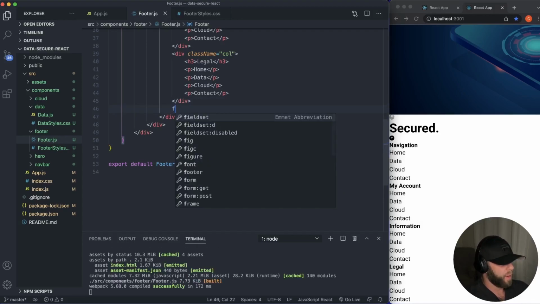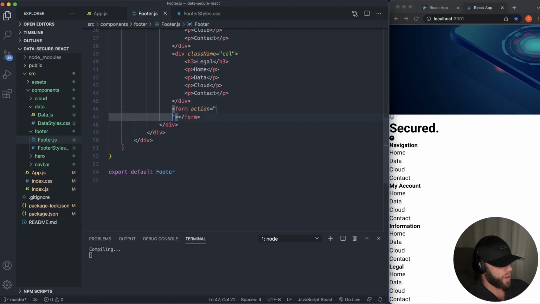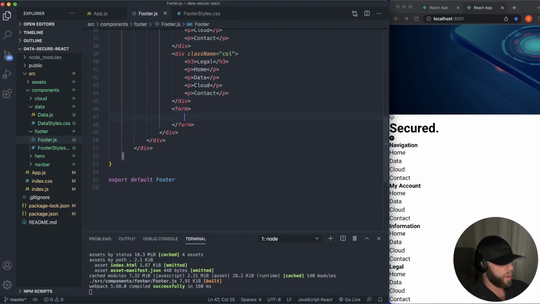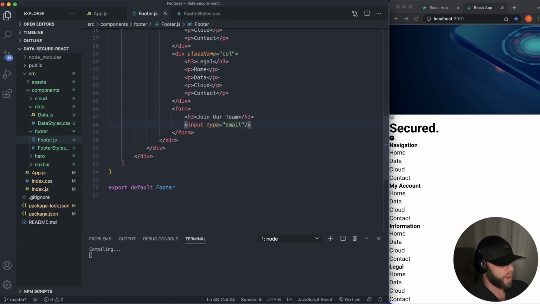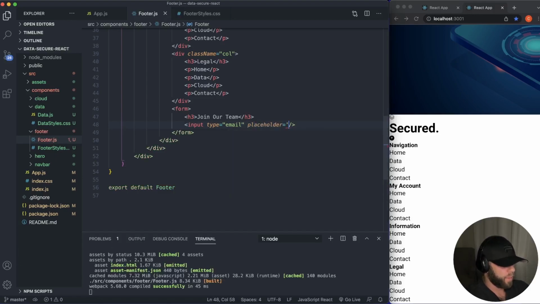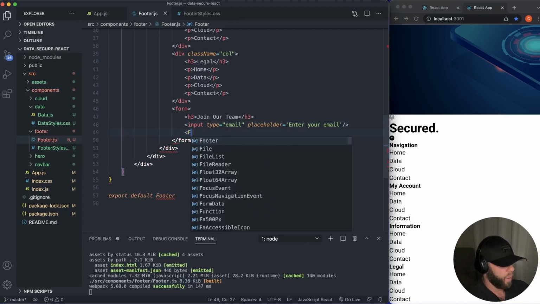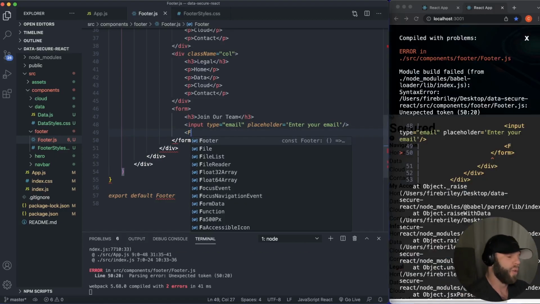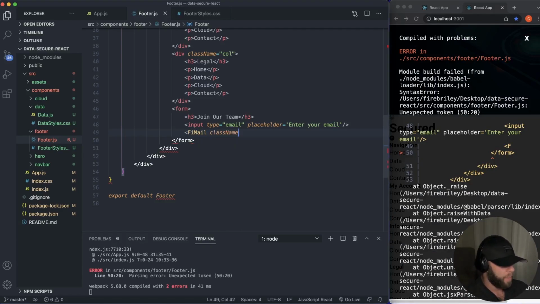Actually, let's create just a form here. And we don't need an action. But inside our form, we're going to have an H3. Join our team. This is where our input's going to be. So input, type text, actually I want it to be email. Not important. We'll have a placeholder: Enter your email. There we go. Now, under our input, this is how we're going to import our icon into our input form here. So FiMail, class name mail icon,